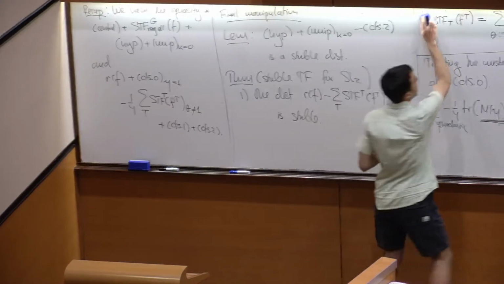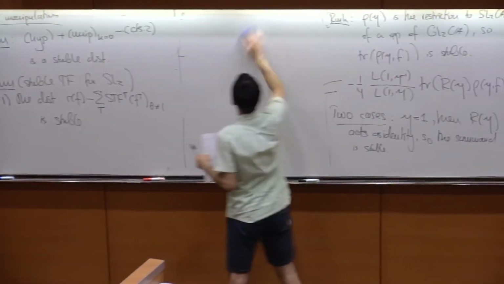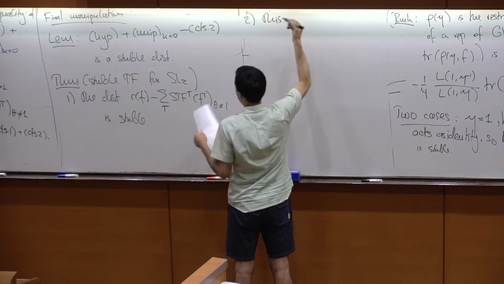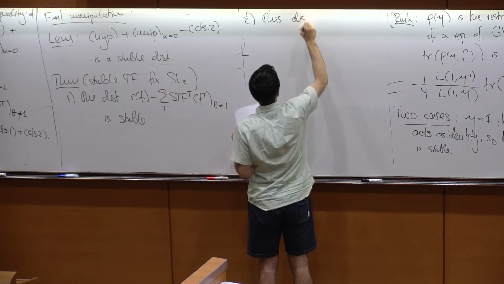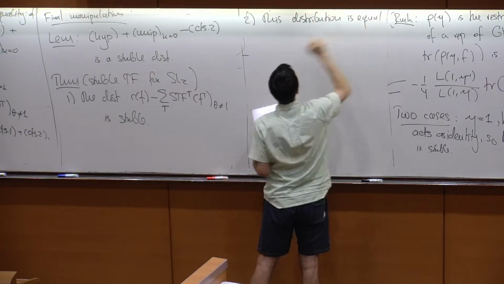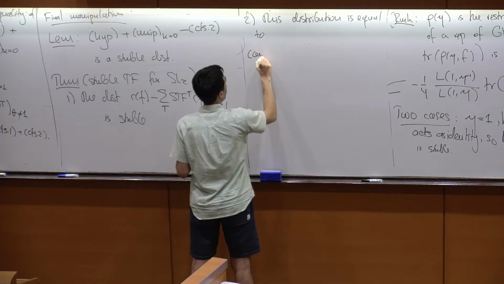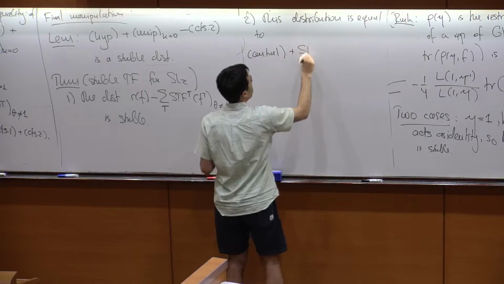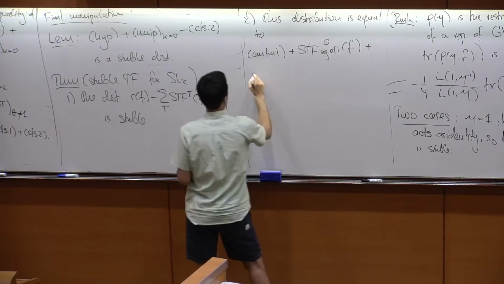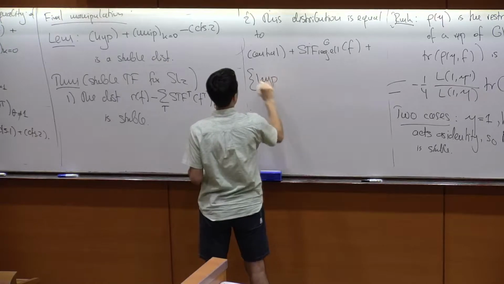And the second statement of the trace formula is that this, well, it's obvious from this equation over there, this stable distribution is equal to the following distribution, and I'm going to collect just the terms. So central plus regular elliptic for G, F, plus, let me open a bracket here and put this part here, hyperbolic,